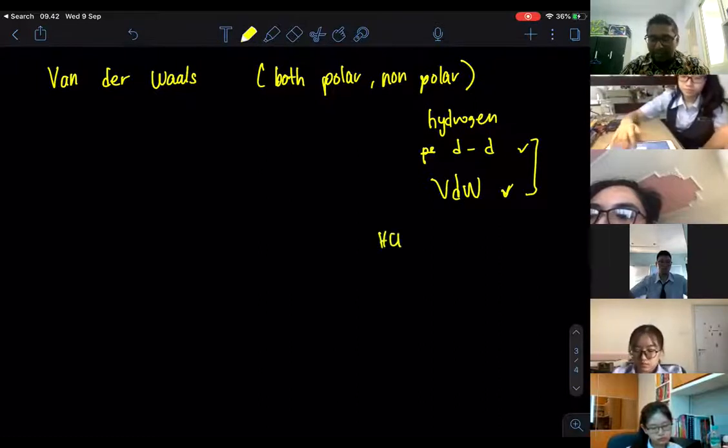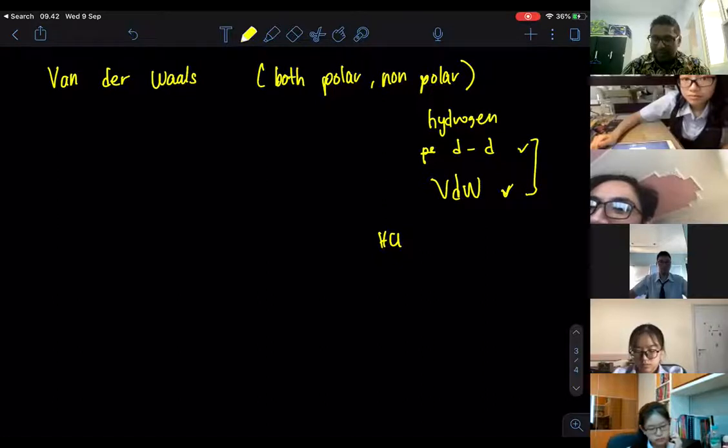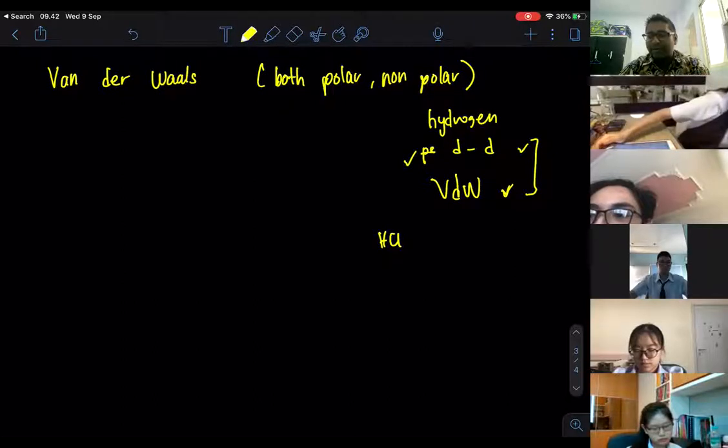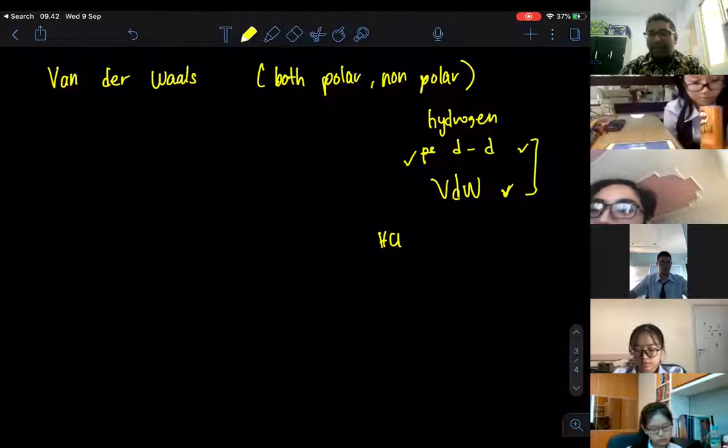I know HCl has permanent dipole-dipole because it's polar. And I also just told you that they also have van der Waals forces. But since the permanent dipole-dipole has a stronger attraction, the dominant intermolecular force of attraction is